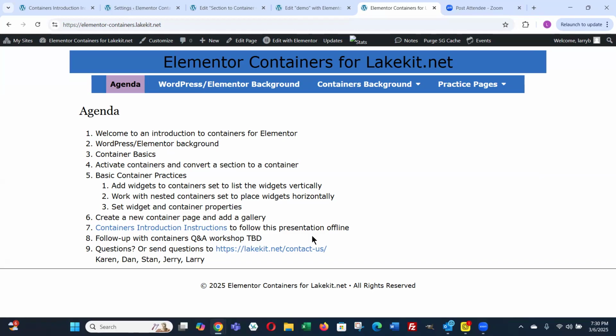If you're interested, please attend, and we'll be available to answer any of your questions. If you have any questions now, we'd like to entertain them, or send your questions to the Contact Us link in the lakekit.net website. Do we have any questions, or do we have anything in the chat?